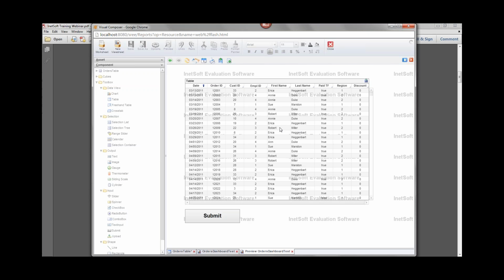expression gets executed, the SQL expression will say basically update the sales employees table and set the first name and the last name fields in that sales employees table equal to the first name and last name from this row that the user changed right here, where the employee ID in the sales employees table is 3. So that SQL string will then look through the sales employees table, find employee ID 3, and change the first name and last name corresponding to that ID to whatever the user entered here, in this case, Roberta Miller. Okay, so that's the way it works.